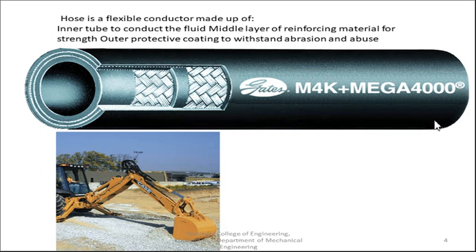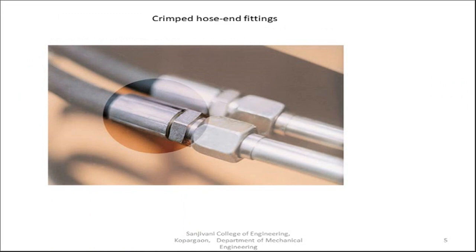So this is a flexible hose. It has a barbed wire inside to give strength to that particular tubing. You can see that in this image the hydraulic fittings are used at the excavator machine. These are connected to the moving actuator of the machine, that means the somewhat movable part of the machine, so that will give us flexibility.